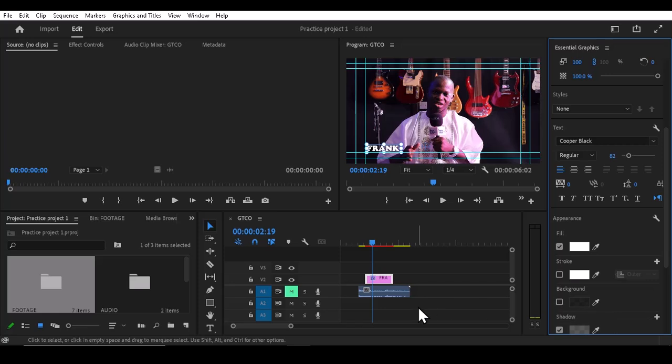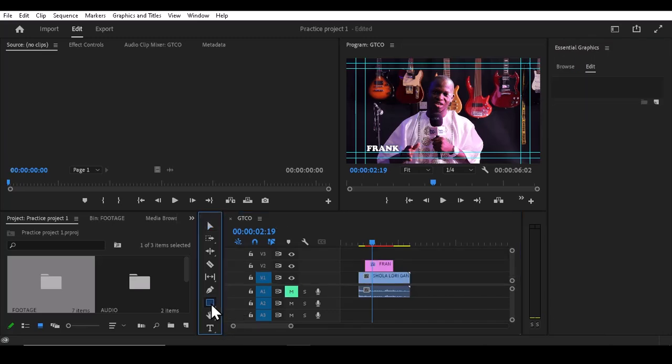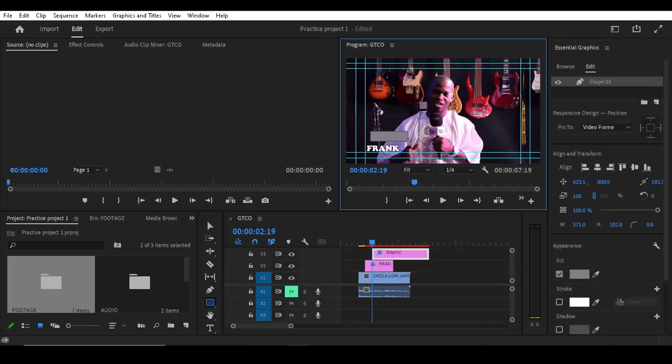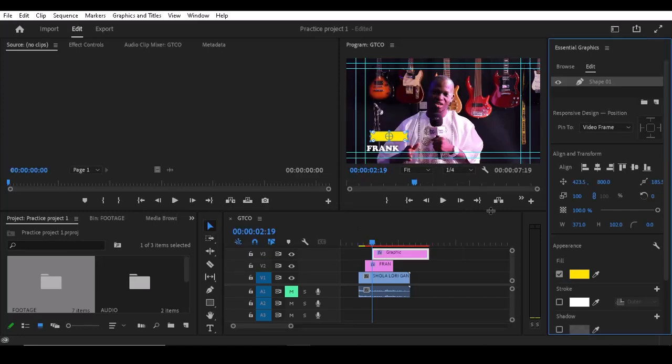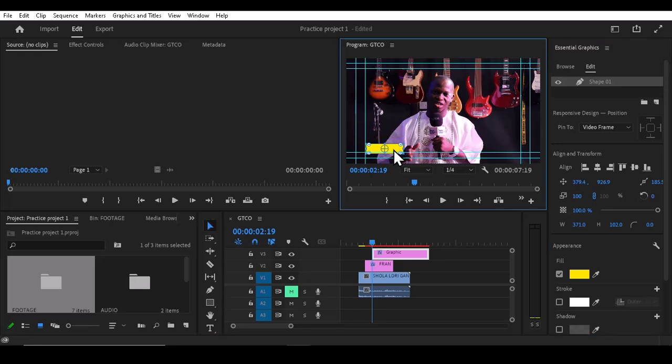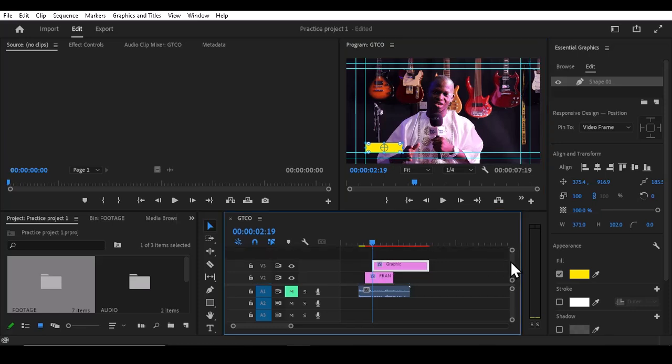Okay, so let's see. I can add a shape to spice things up. So I can just create it here. Let's say I want to give it a yellow color, something like this. So I can just drag it right here to make the text pop up. If you see that, it is covering my